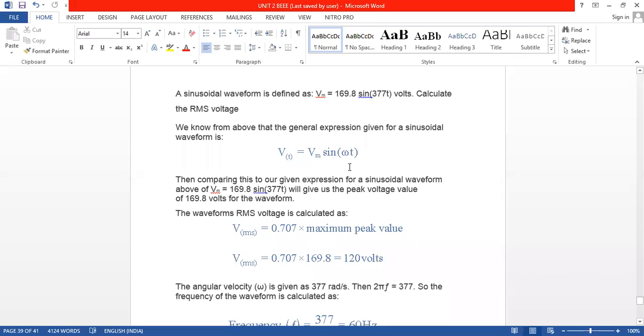Sir, why are you writing omega here? Why are you writing t? Because the signal which is sent by the cell phone changes with time. Therefore,